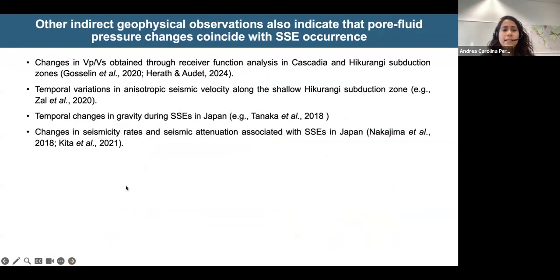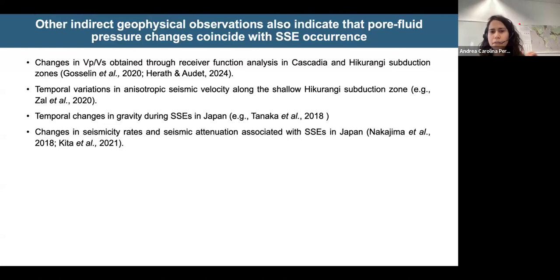There's other evidence also from geophysical observations that indicate pore fluid pressure changes in time following slow slip cycles, and that is based on changes in Vp/Vs ratio obtained through receiver function analysis in Cascadia and Hikurangi. So in this case, I'm referring to the deep Hikurangi subduction zone where we have long-term slow slip events. There's also temporal variations in anisotropic seismic velocity that have been interpreted as fluids